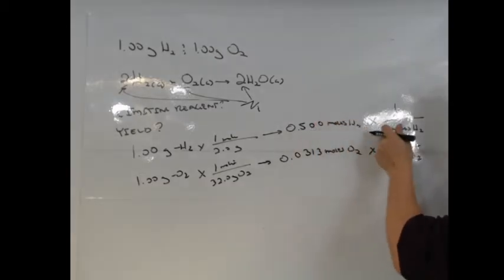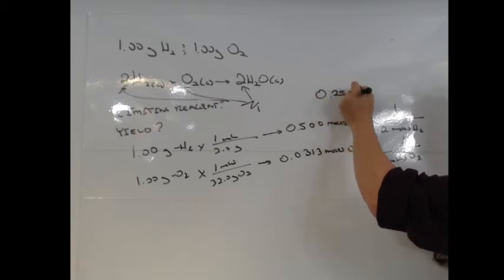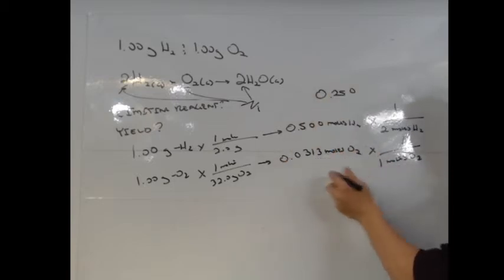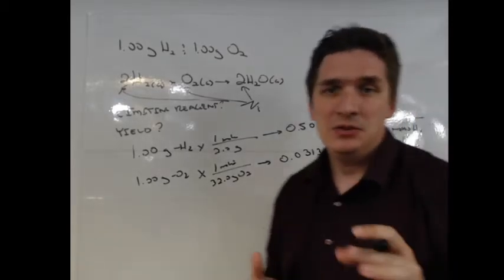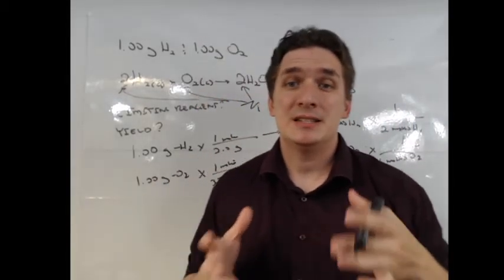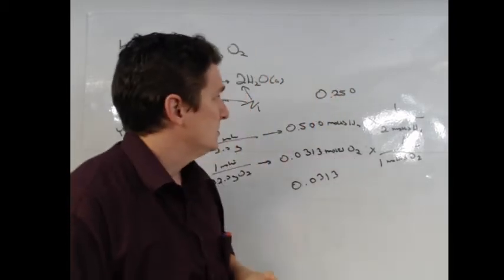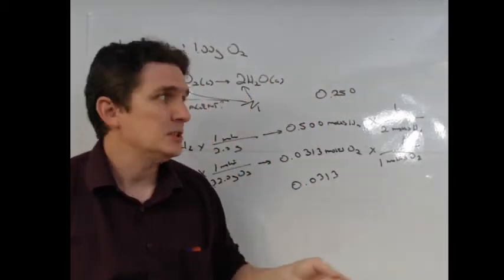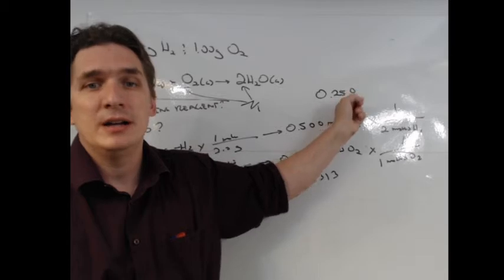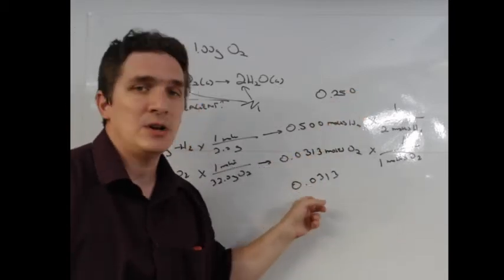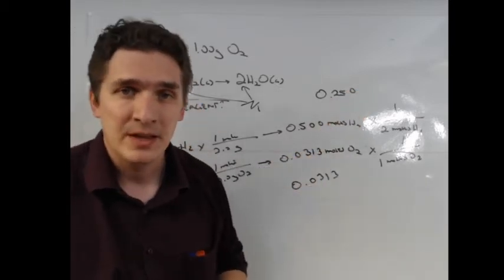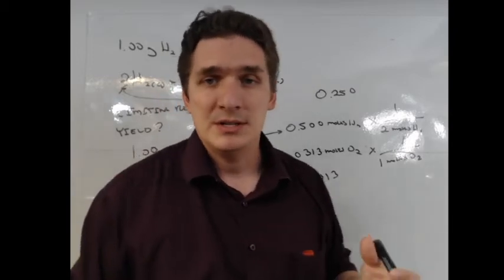So 0.5 divided by 2 is 0.25. 0.0313 divided by 1 is 0.0313. These are unitless numbers that are referred to as the extents of reaction. So if hydrogen were to run to completion, the extent of reaction would be 0.25. If oxygen were to run to completion, the extent of reaction would be 0.0313. The reason we want to work with extent of reaction,